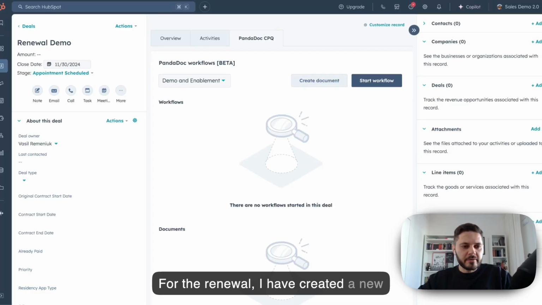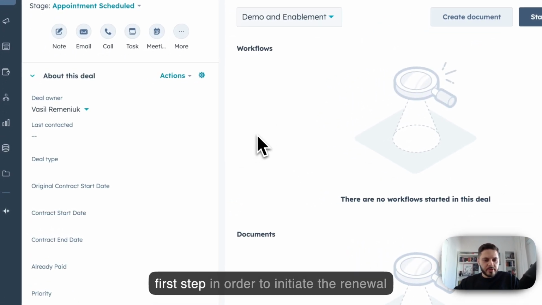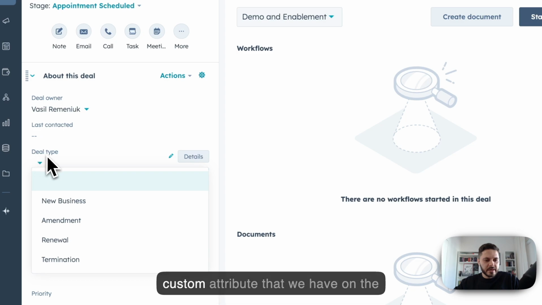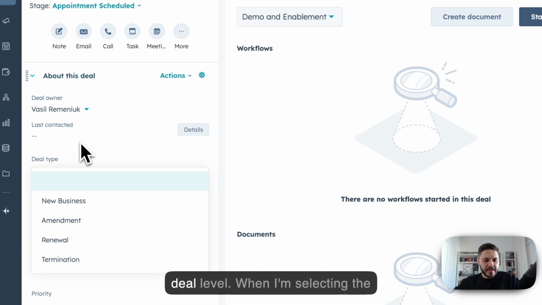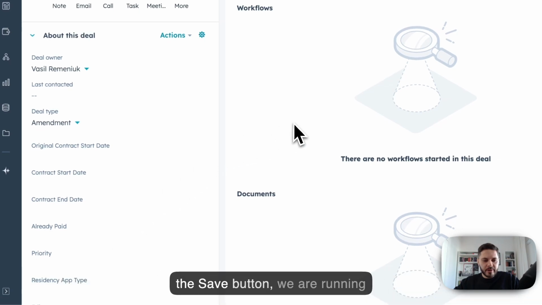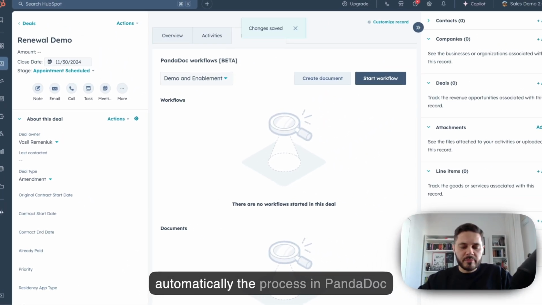For the renewal, I have created a new deal under the same company. As you can see, it has no line items and the attributes of this deal are empty. So the first step in order to initiate the renewal is to select the deal type. It is the custom attribute that we have on the deal level. When I'm selecting the amendment here and I'm clicking on the Save button, we are running automatically the process in